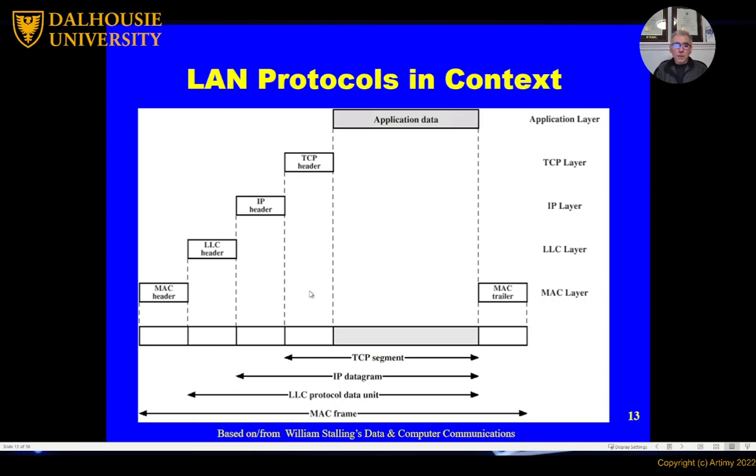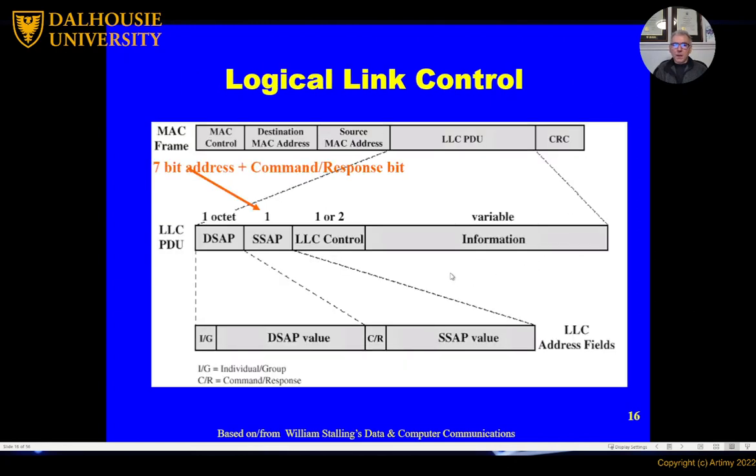So here, because we have divided the data link into two sublayers, each one of them will have its own header, all right, to maintain the same concept of transparency that we talked about.